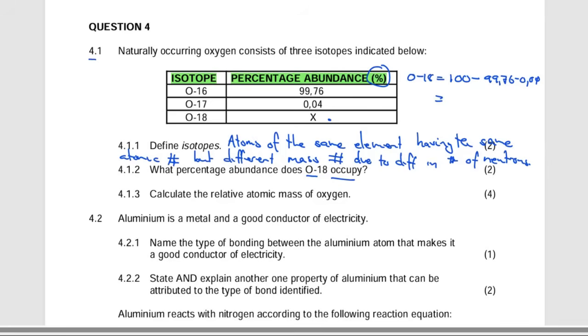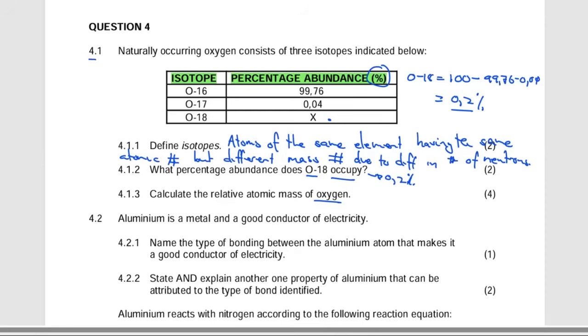If we do our math, according to my calculator, I'm getting a value of 0.2. So our answer is 0.2. Remember, it's a percentage, so I'm supposed to say 0.2 as a percentage. Then I'm going to move on to the next question, 4.1.3, which says calculate the relative atomic mass